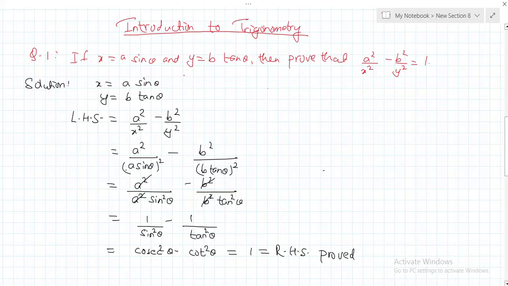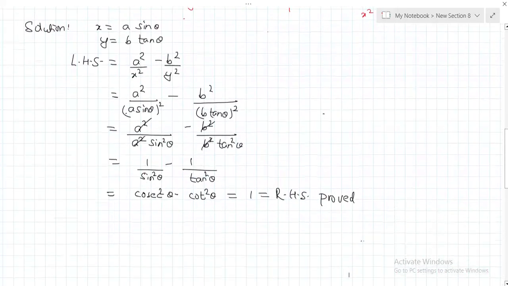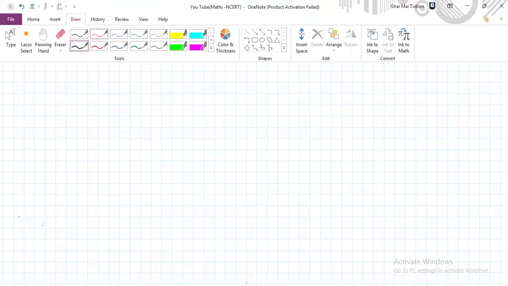If you have any question, doubt, you can comment on the comment section. Now let us move to next question. Question number 2. If tan theta plus sin theta is equal to m and tan theta minus sin theta equal to n,